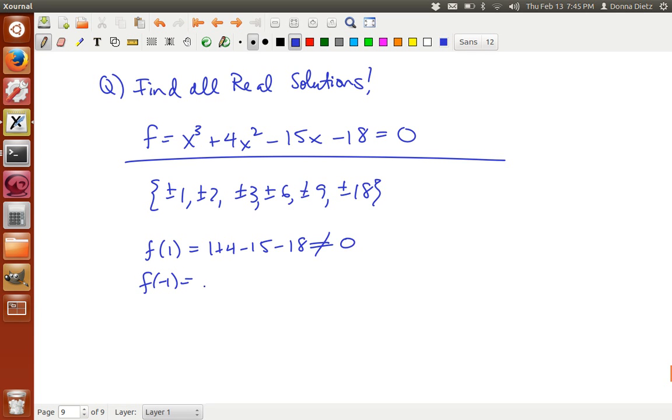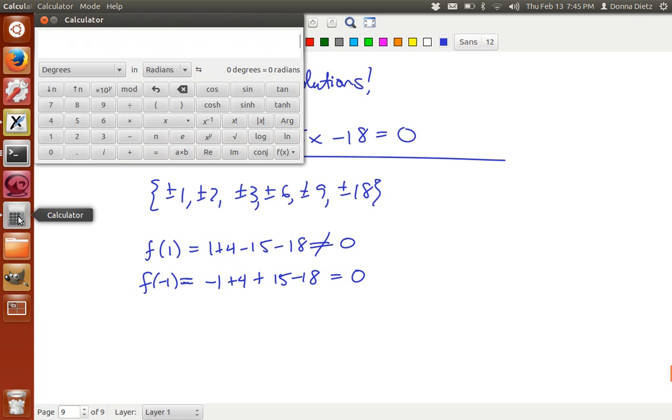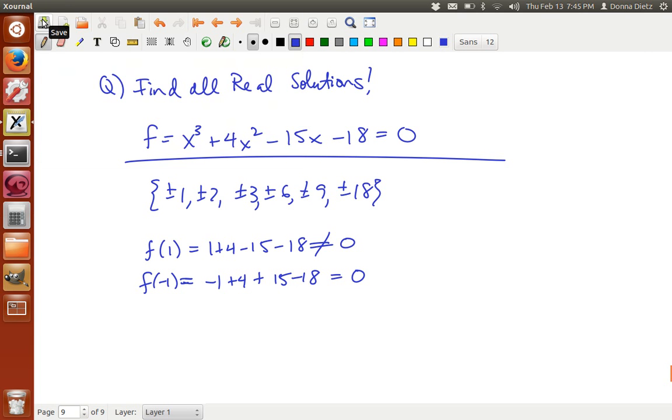I'm going to cross our fingers really, really hard here. And this one equals 0. So this is the time we're going to go ahead and see if this works. Minus 1 plus 4 plus 15 minus 18 equals, yay, it worked. Okay, now we go ahead. I'm not going to do out the long, I guess I am going to do it, but I'll do it